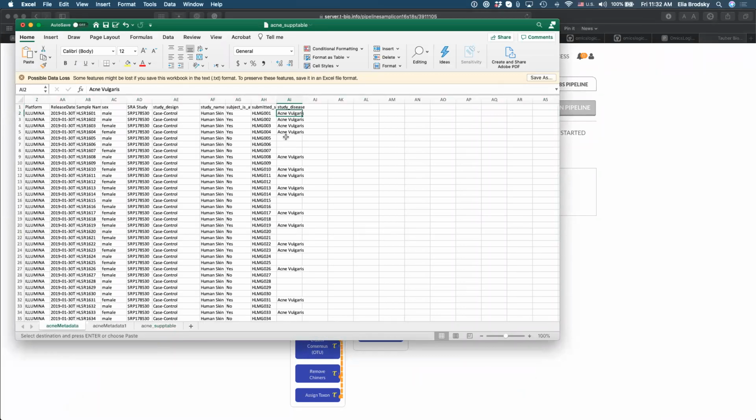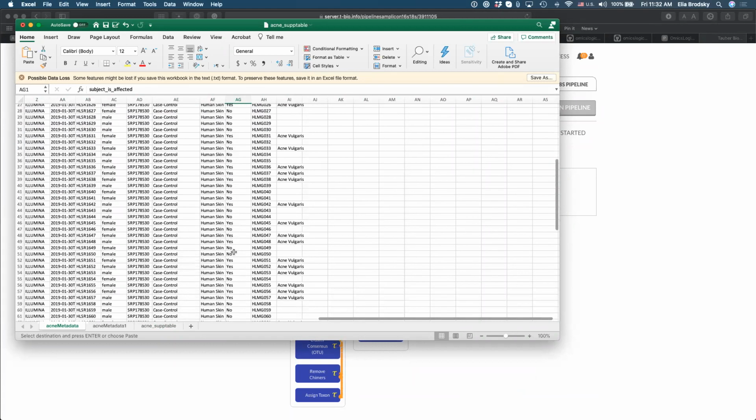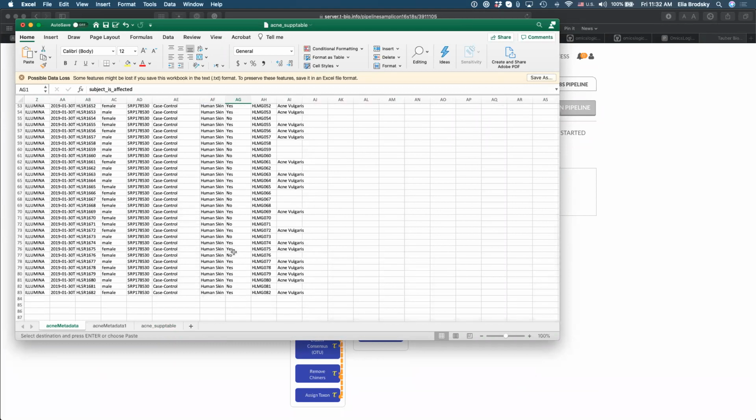So this is a case control study. A case control study means that they had people that are of the same sex, and you can see here that subject is affected, yes or no. So it's a case control study. That's what I meant to say.